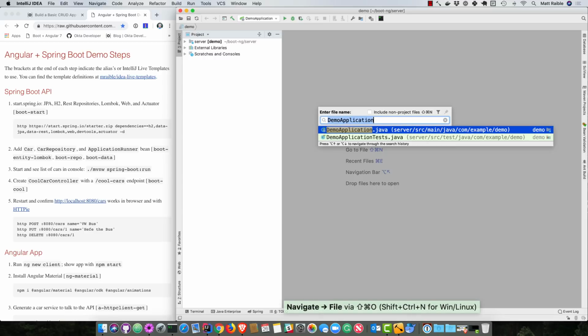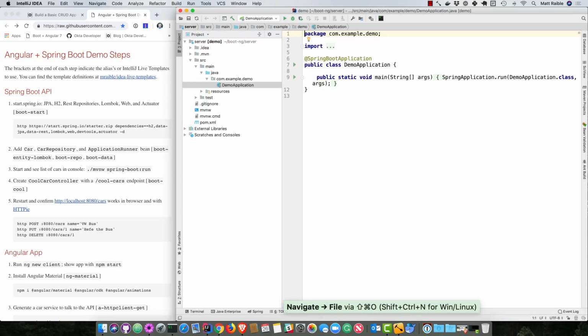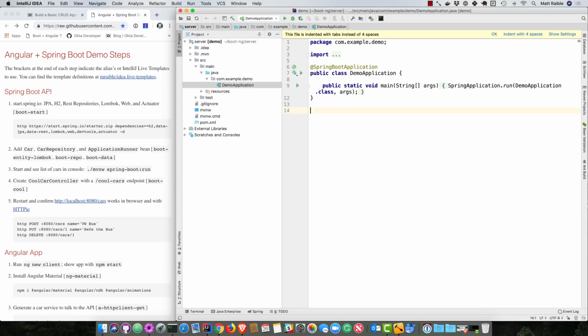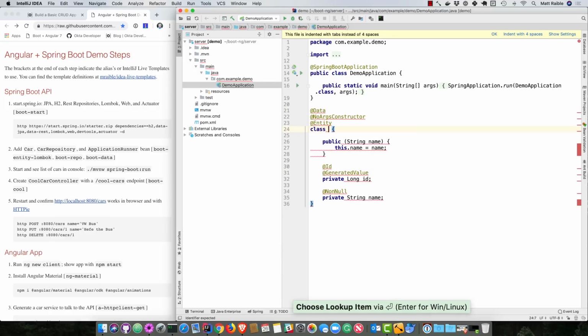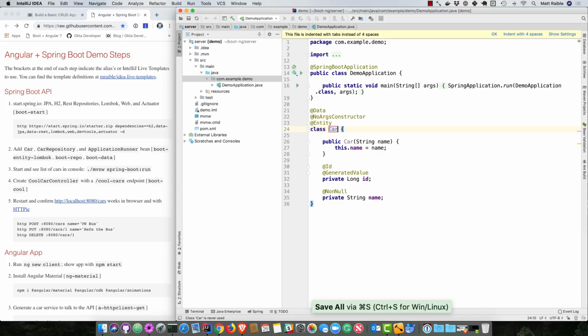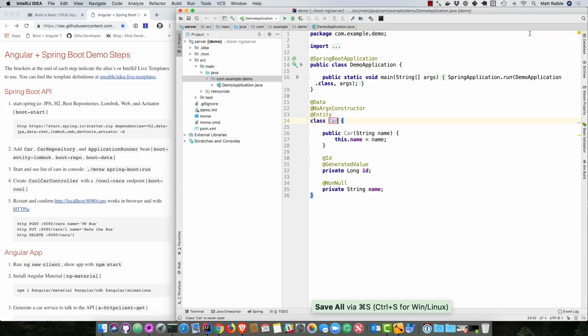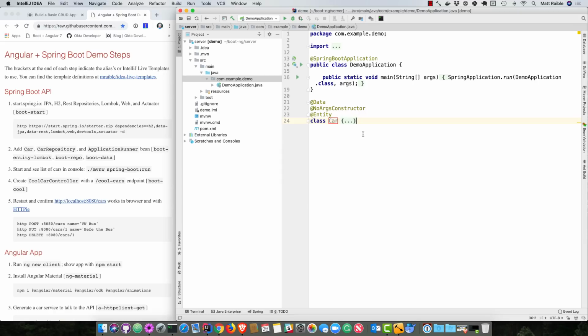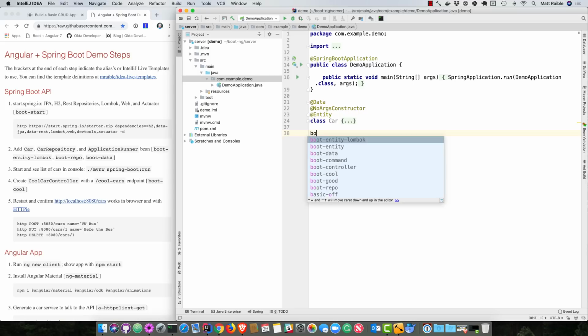And then I'll navigate to the demo application, and I'll go ahead and add an entity called Car. So boot entity, and I'm going to use Lombok. So there we have that, and then I do like spaces. IntelliJ knows me so well. And then I will create a repository to persist that entity,